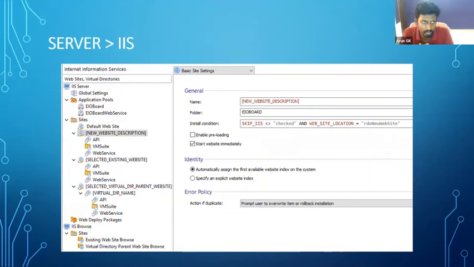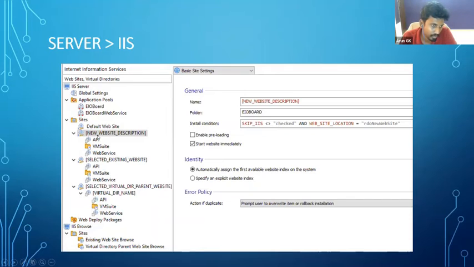Next, server. One of the main features of Advanced Installer is server. Here it is used to deploy your website. Okay, this is the model. Here on the left side, we have how it looks like in the IIS server. What application pools you need to add, and then what websites are available, what websites you need to install by your installation process like that. Currently, by default, we have the default website. Other than that, our